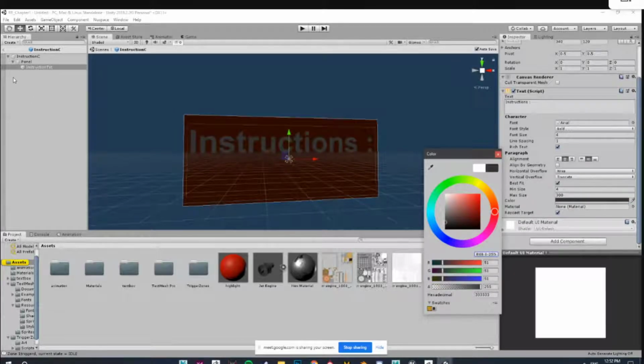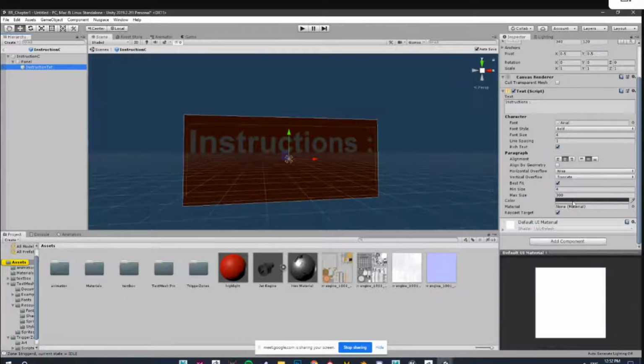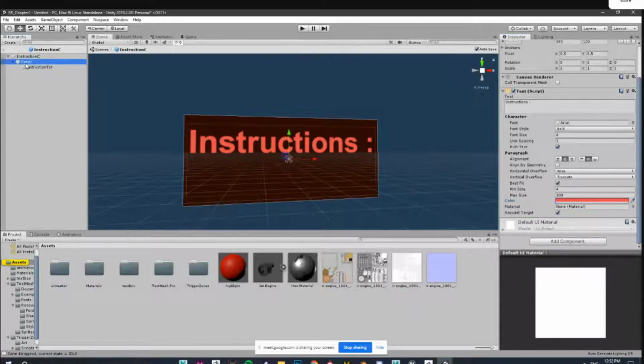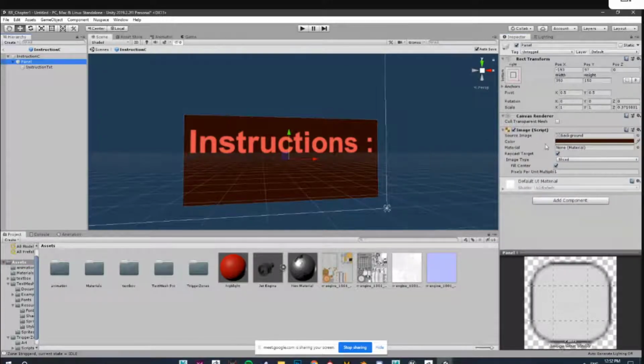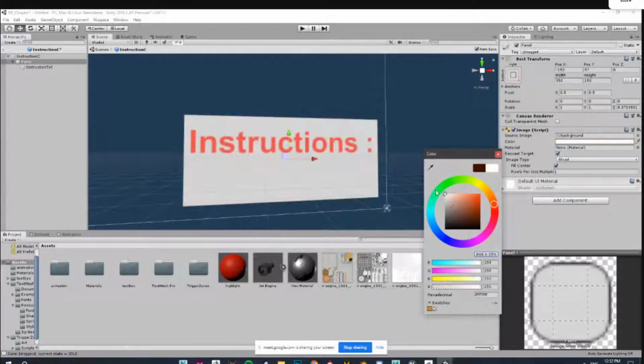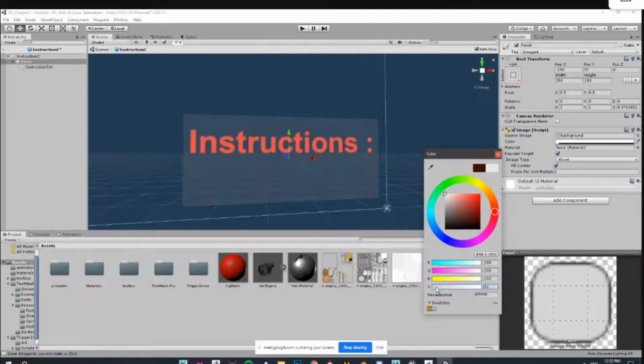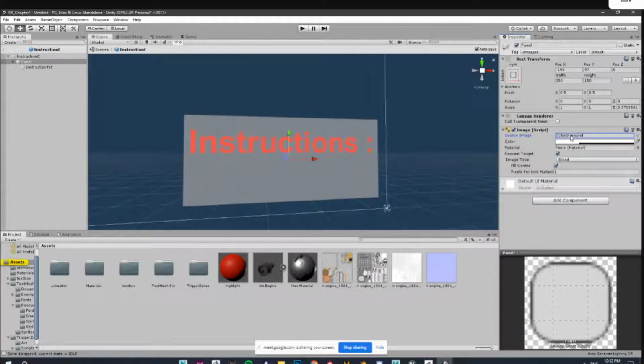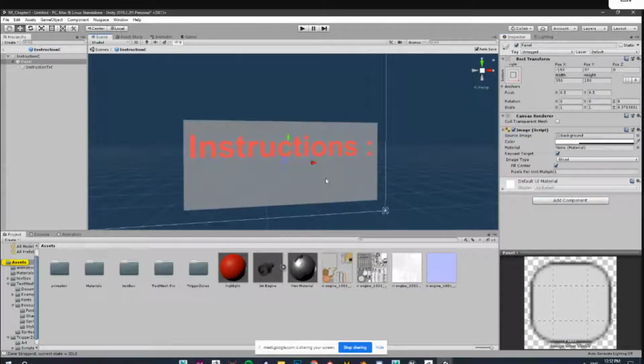If you click on panel, we'll see the background. That is what we can change from here. If you want transparent or semi-transparent, we can change it from this particular area. Is the panel size fixed?